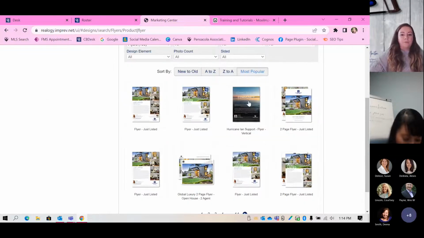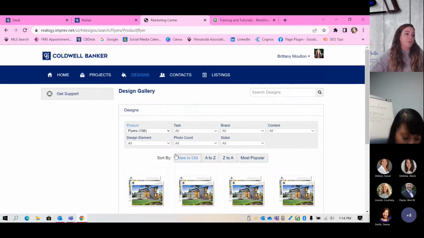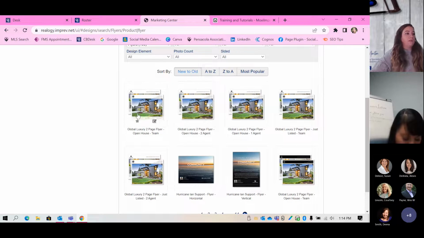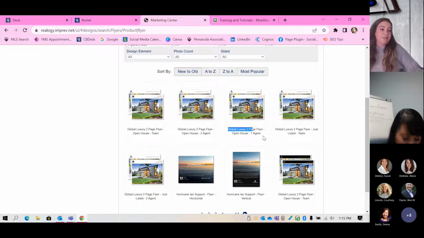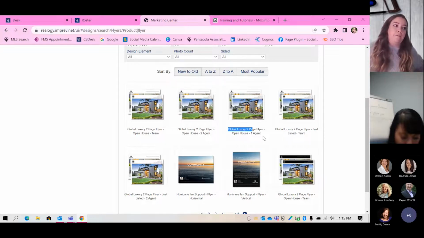It'll show me the most popular flyers that most of the agents are using in Impress, or I could just kind of fumble through new to old. So it looks like this. These ones up here, it's showing me it's global luxury. So again, if you're not global luxury certified or your property doesn't meet global luxury standards, you wouldn't be able to use this global luxury marketing. So just be careful. Make sure what you're looking at here, you're using the correct product and you're not accidentally